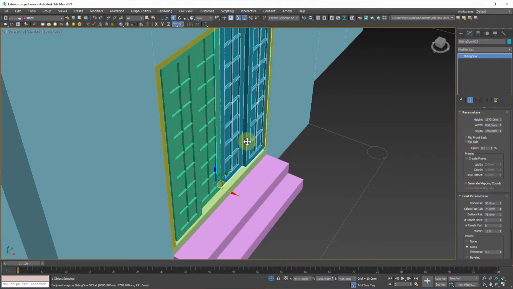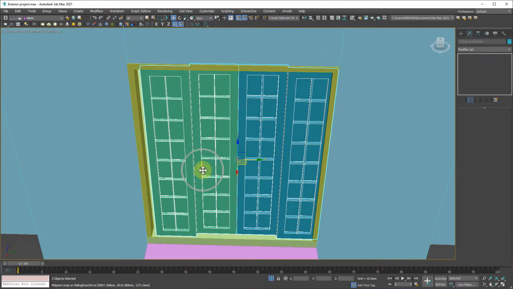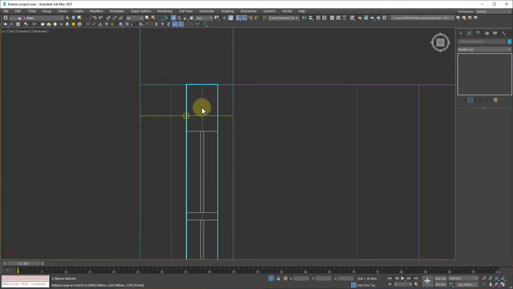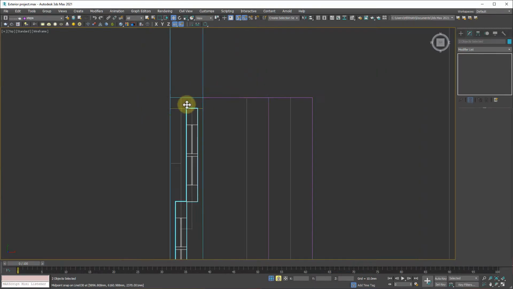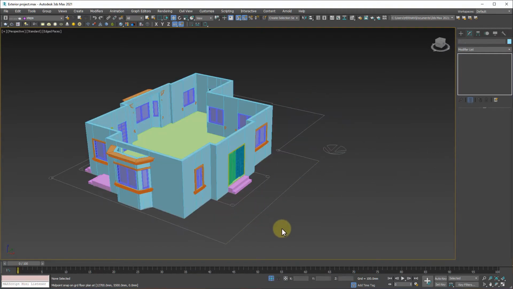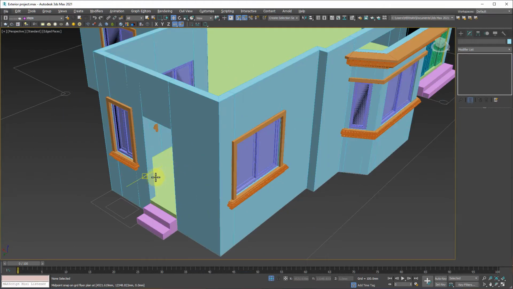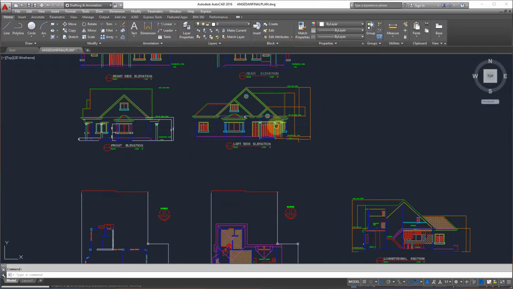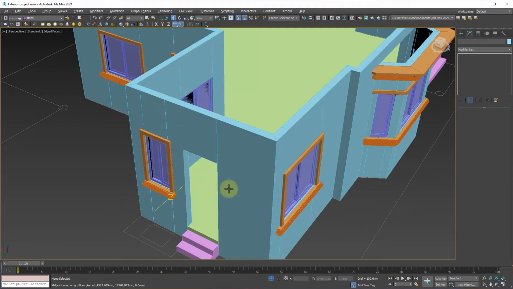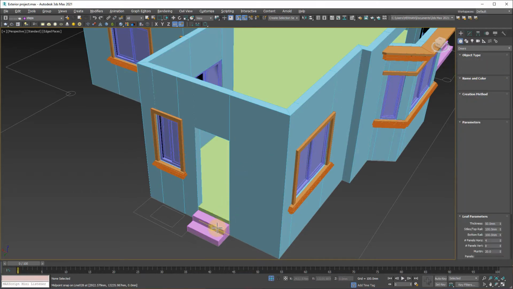Okay, so we already have the sliding door. And then for this one, so let us see what will be the type of door they use. So just simple plain door. So on this side here, okay, pivot,